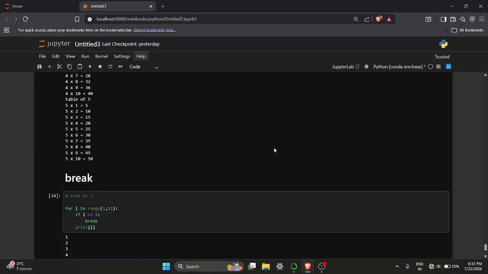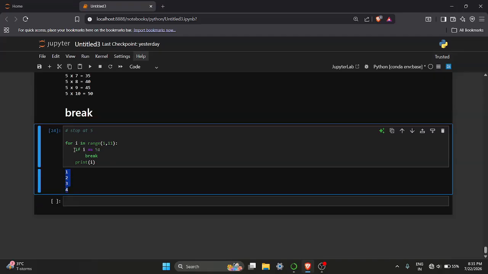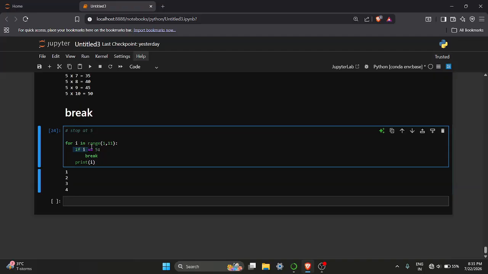If you see, the loop goes from 1 to 4 only because it starts from 1, and when i equals 5, the break statement comes into play and stops the loop. This is the work of the break statement. The loop starts normally. When i becomes 5, break immediately ends the loop. Numbers after 5 are never printed. The next problem which we have is